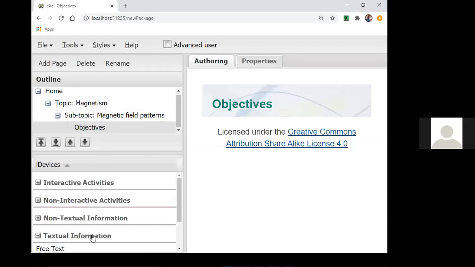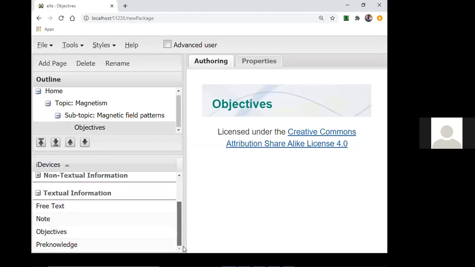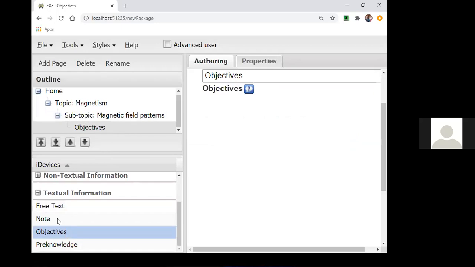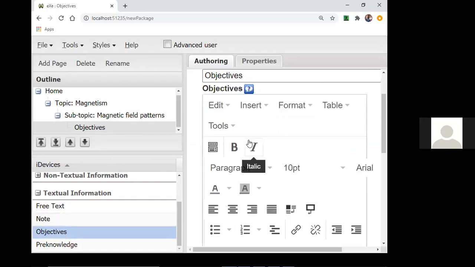So you need to type in under this tab, you want to add in textual information. So let's say free text for the objectives, you put it right there.